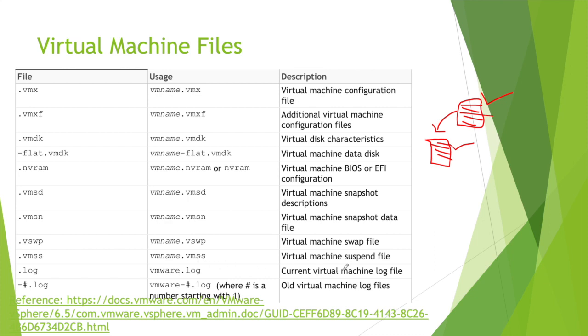Then we have the virtual machine suspended file, which basically means you have a running virtual machine, you can suspend it. That means everything which is running will be stored on the disk, and it's beneficial when you are taking a dump or trying to dump the memory into a file for troubleshooting or anything like that. Now the next one is the current virtual machine log file, which basically are the log files, and